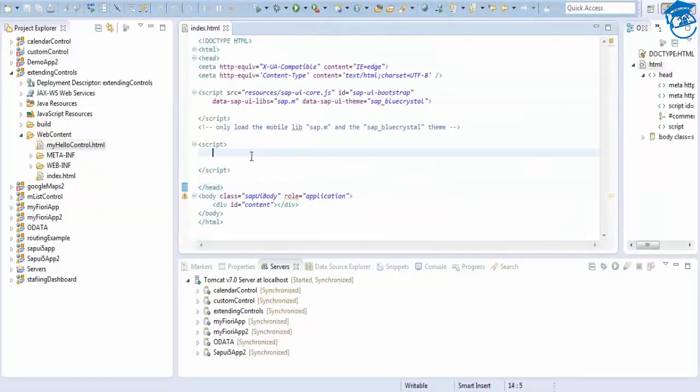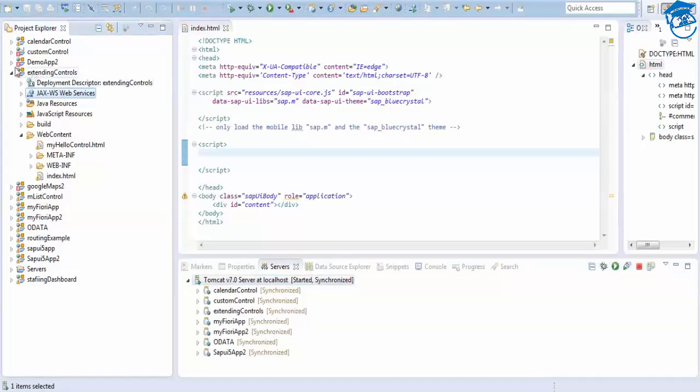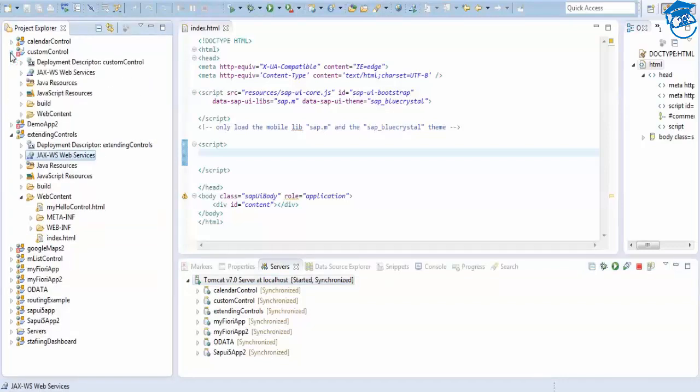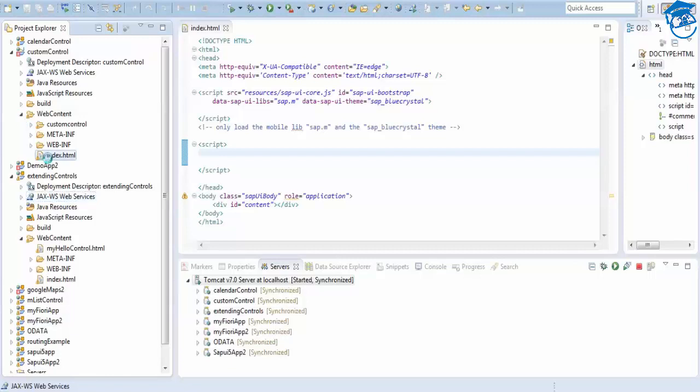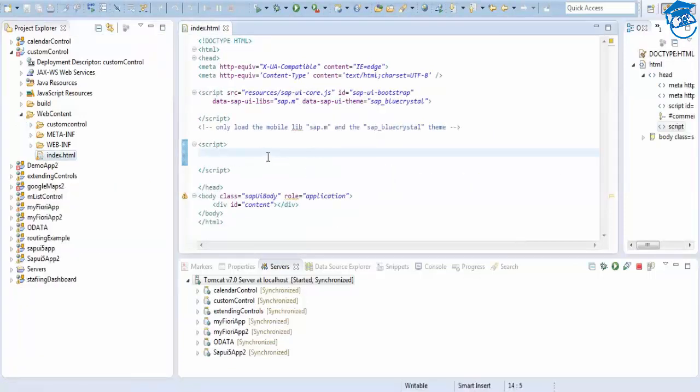Now we'll be doing some custom control. Inside this custom control, I'm going to do a button control in index.html. First we'll see how the button control works, and then we're going to extend that button control. So I'm going to add a button control. I'm going to do an oButton, taking a name equal to new sap.ui.commons.Button. So button has a property,